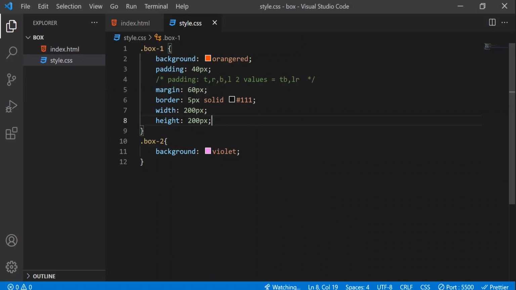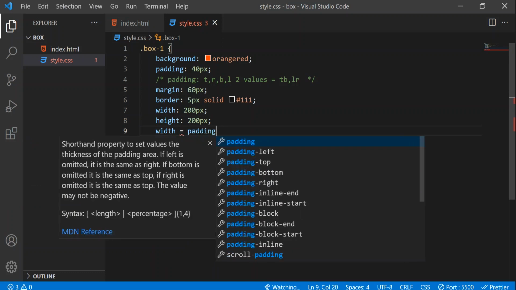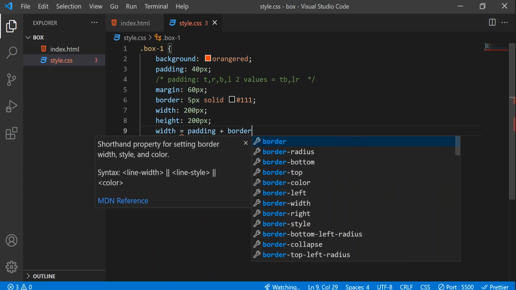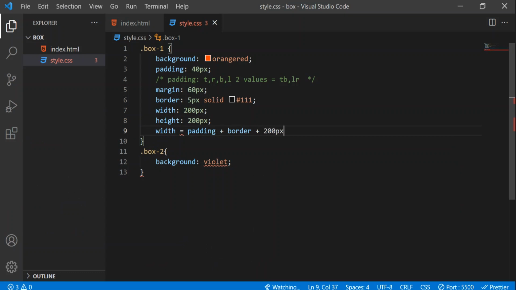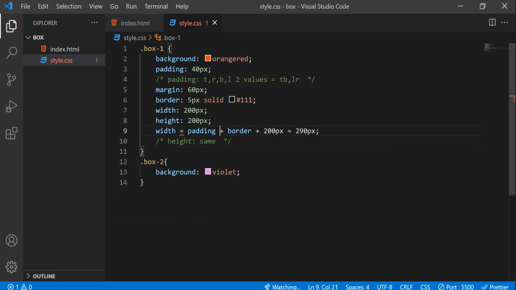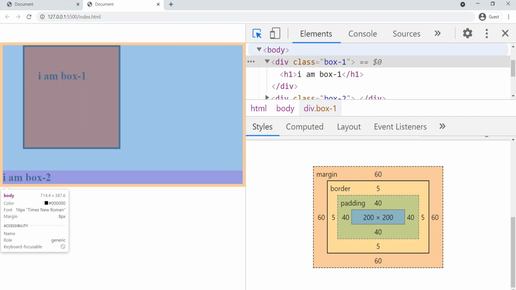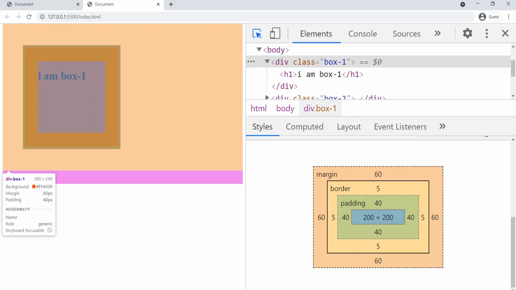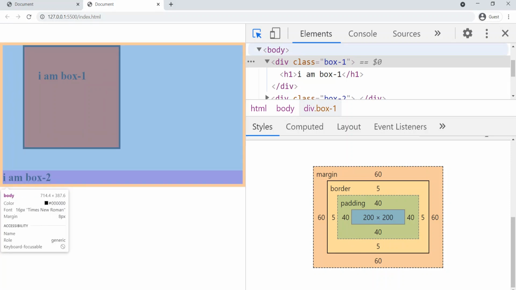So what I want to tell you is the total width equals padding on both sides plus border plus the 200 pixels we gave, so that will be totally equal to 290 pixels. And the same applies with the height. Height will also be 290 pixels. Now we will get some problem here. In my web page I have given box width as 200 pixels. So I have created a web page, but my box size completely increased. Now it is 290 pixels. So I'm not able to get the box or image I wanted.